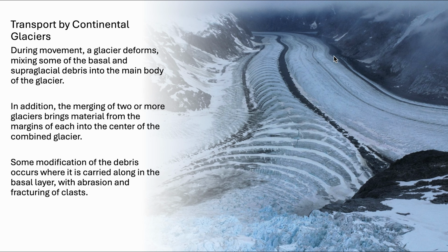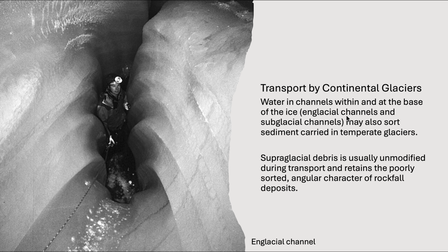Now at the base of this glacier, the debris can be modified by grinding against bedrock, also grinding against other clasts, breaking them up, making them smaller and smoother. Water moving within channels at the base of the glacier are called englacial channels or subglacial channels. These will sort the material to some degree, but it often gets remixed subsequently. Meanwhile, supraglacial debris that stays on the top is generally unmodified. So it sits on the top of the ice as the ice moves down slope, and it will therefore retain